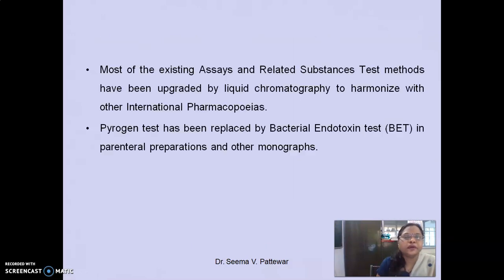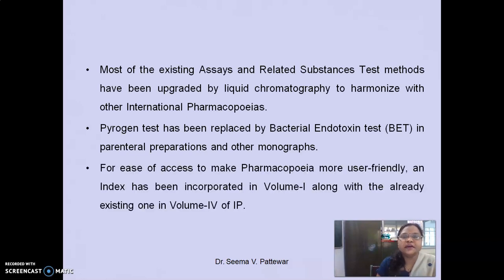More of the existing assays and the related